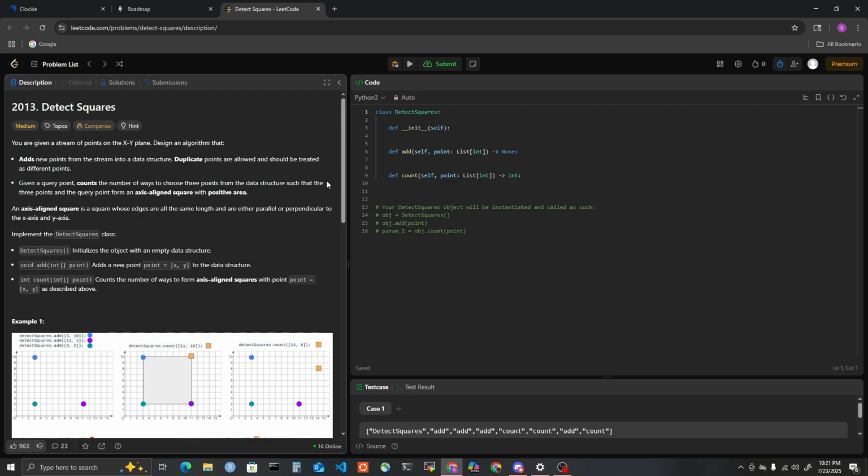Adds a new point from the stream to a data structure. Duplicate points are allowed and should be treated as different points. Given a query point, count the number of ways to choose 3 points from the data structure such that 3 point